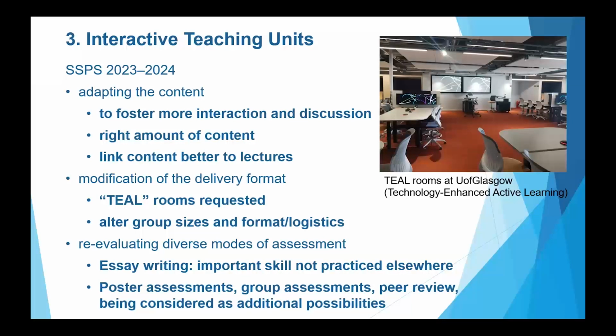with the first day being similar to the ITUs that we've done previously, and a second day that is focused specifically on these graduate attributes that we talked about, like learning how to read academic literature and understand different essays and